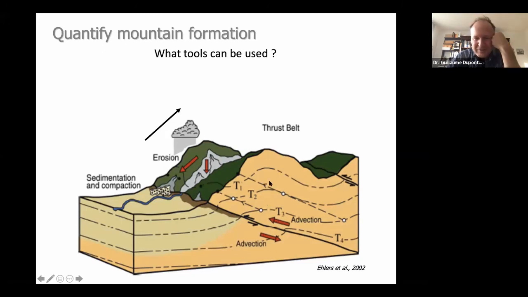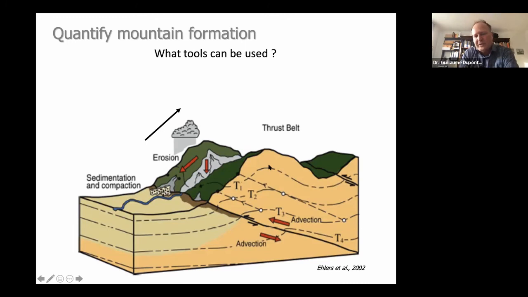So in fact, you can measure this if you take a topographic profile. If you go up a mountain, you can collect some samples and look first at the age of cooling. Okay, so the age when they started to go up, and so to go down in temperature actually. So this can be dated, and I will explain quickly how to do that. But this is a good way to date the uplift of the mountain.